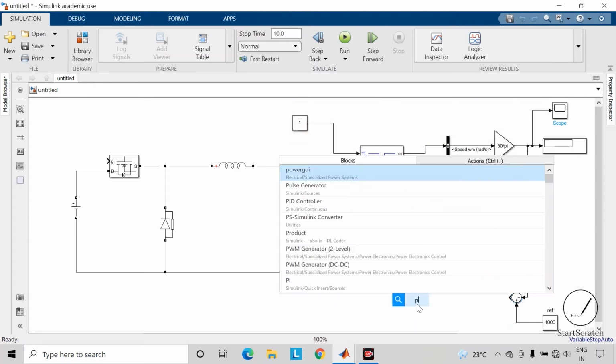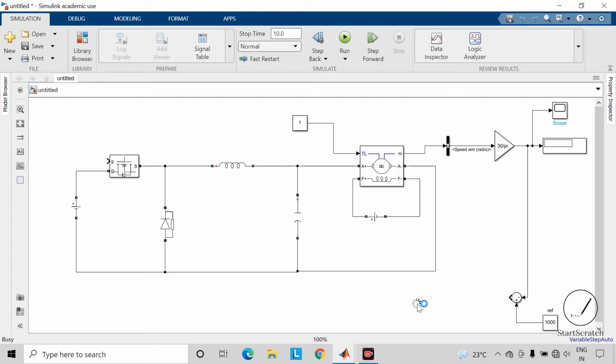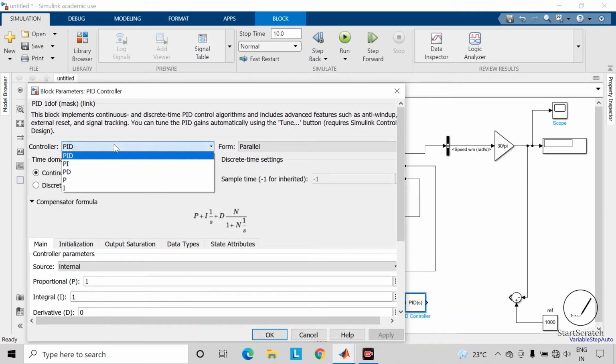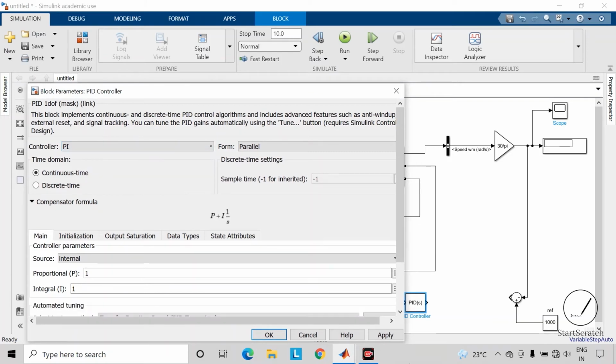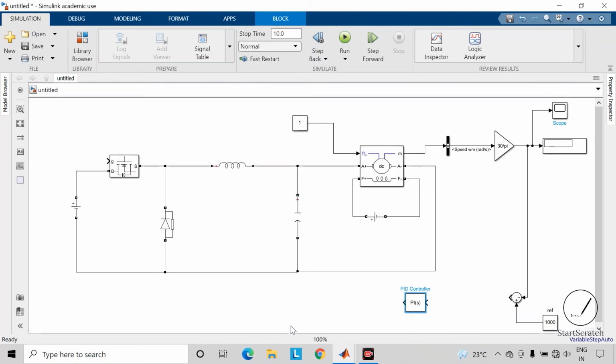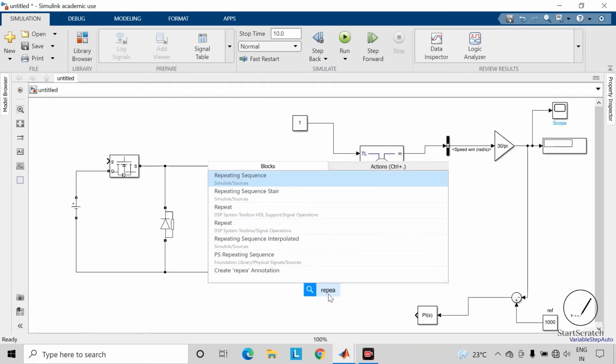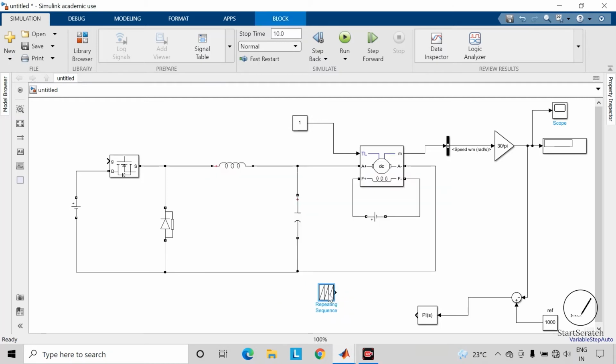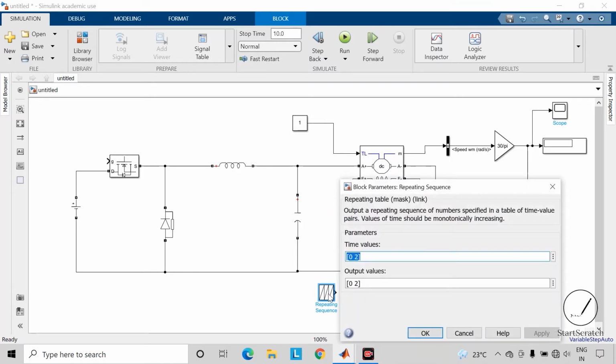Now take the PID controller, open it and change the controller type to PI. Connect this sum block to this PI controller. Now take the repeating sequence block. Open this block.